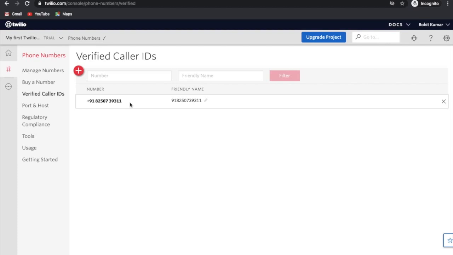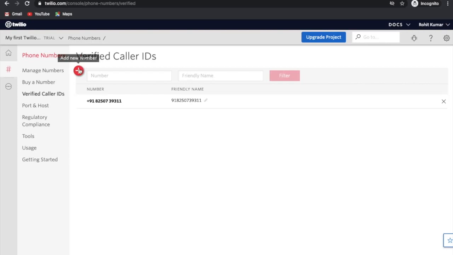Through the trial account, I can only send to verified caller IDs. I can add a few more verified numbers and try and check that. But once you pay for the subscription, you will be able to send to actual users. For the time being, you can only send the message to the verified number, and as I added my number, my number is a verified number.